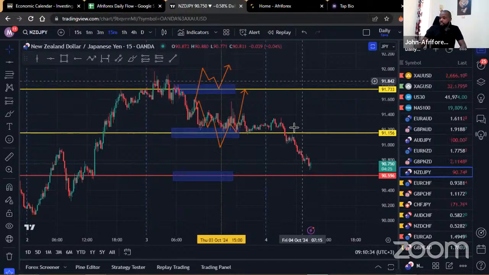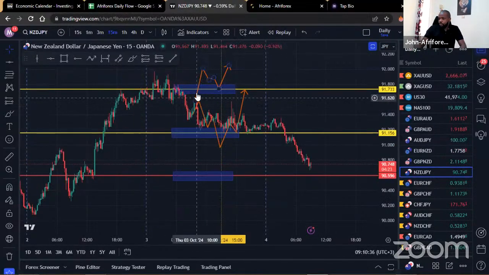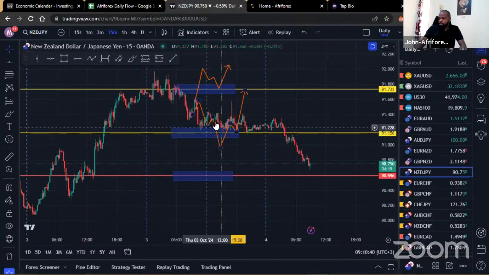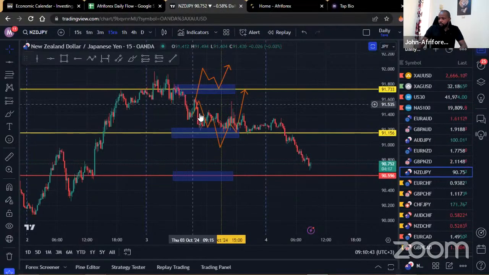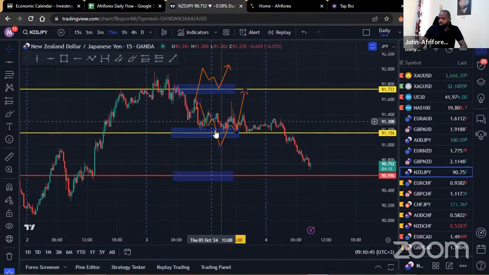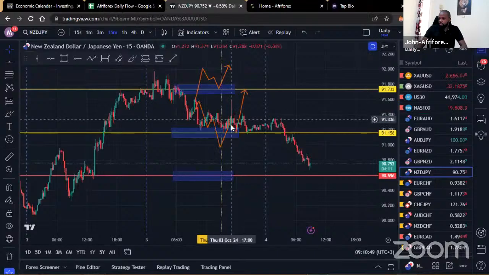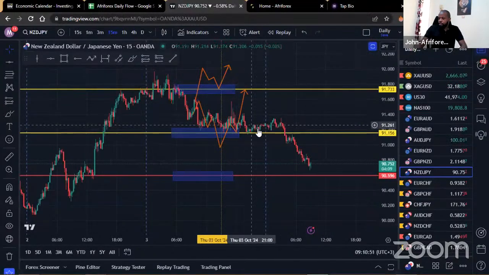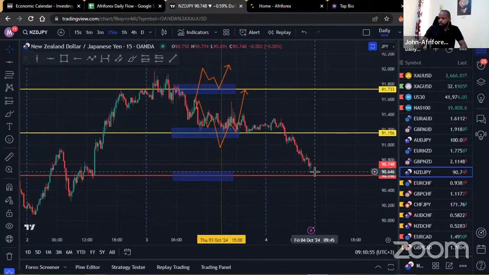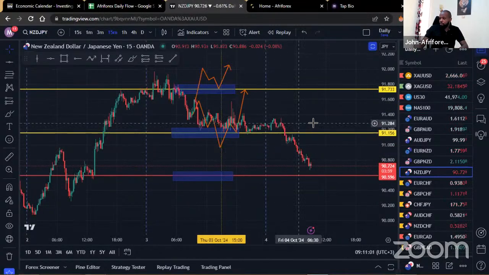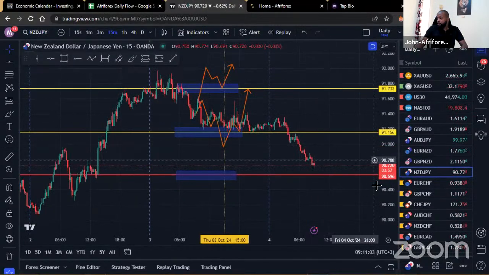So for this one yesterday, we're trying to see whether we could have gotten some buys. You can see the 3 areas that had been pointed out, also illustrations of what possibly to expect. The market did come back in within this region, but unfortunately, we just couldn't get the buyers coming in. And you can see that the market really struggled within this region right here. You can see that today during the Asian session, the market has come down lower, something similar to what we've seen on the Australian dollar against the Japanese yen. So it tells you that maybe it could be something to do with the yens.